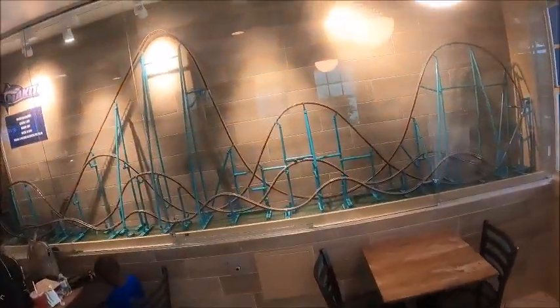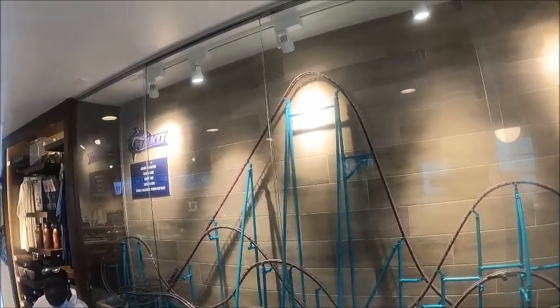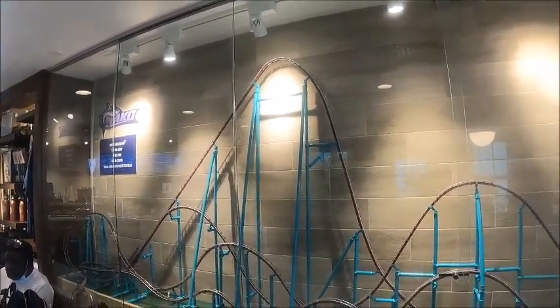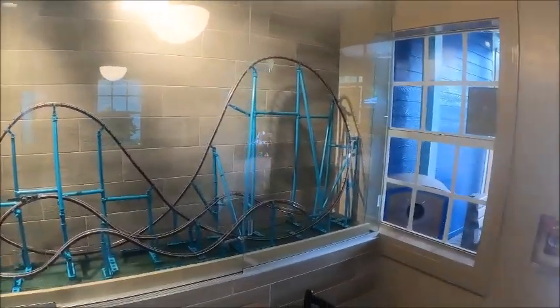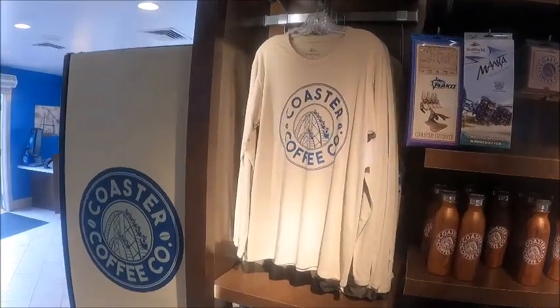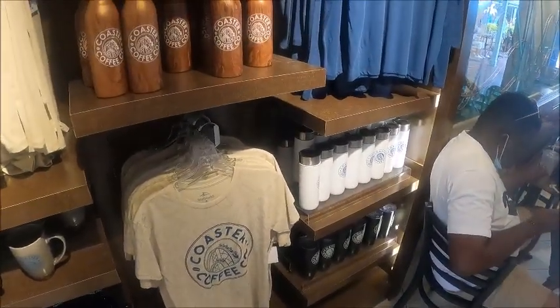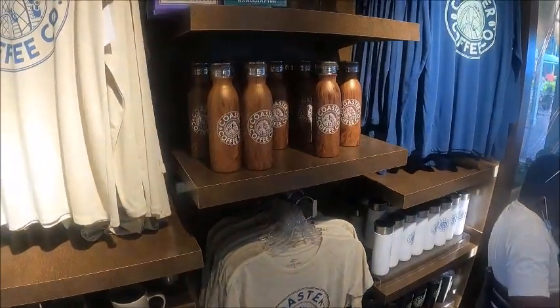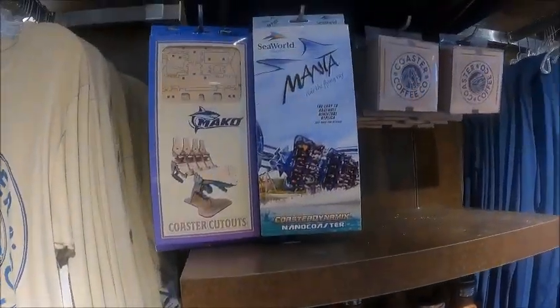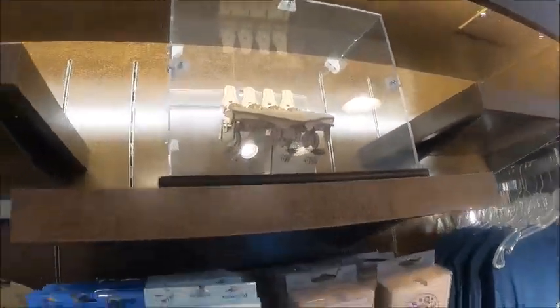And then speaking of Mako, this one opened on June 10th, 2016. Massive model there too. And then some things to get. Shirts, mugs, coffee cups, water bottles here. Get your kits over here for Manta. Coasters, and then there's a look at the model right